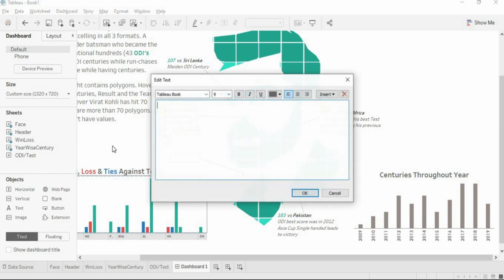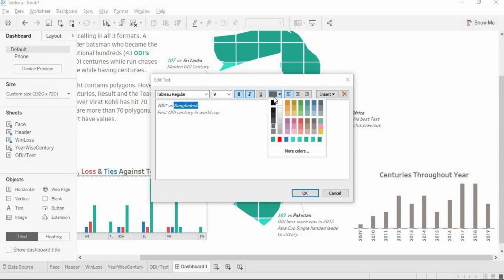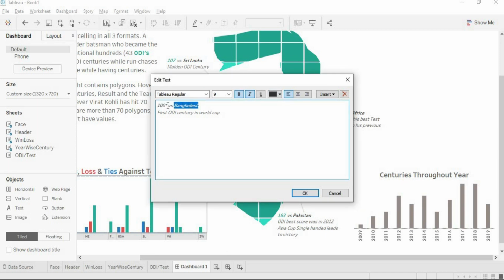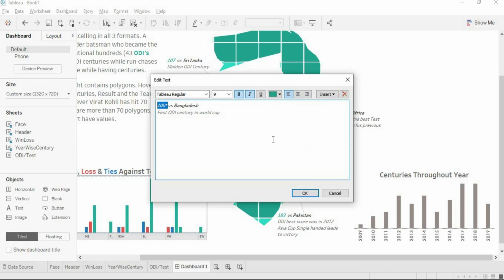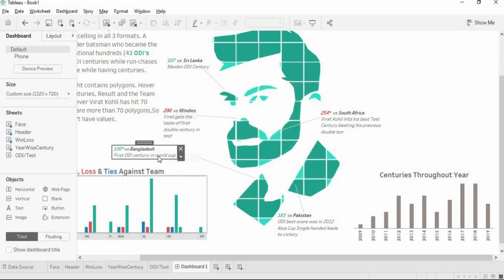Right click on the text, paste it, select all, change it to Tableau Regular, italics, and the first line should be bold. Change this to darker, and this is ODI. For that, I will be using green. So I will be placing it here.